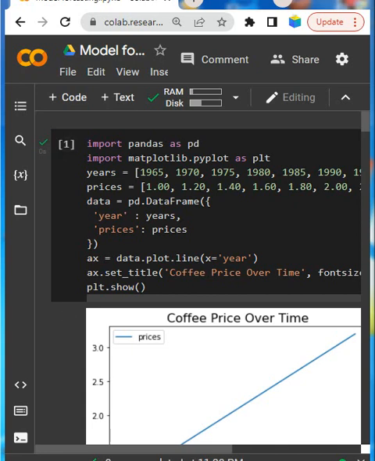So let's see, machine learning for forecasting means: for forecasting we need some data, and now if you want to forecast what happens after a week or after a year, because you already have the past years' data, you want to forecast future prices and so on.